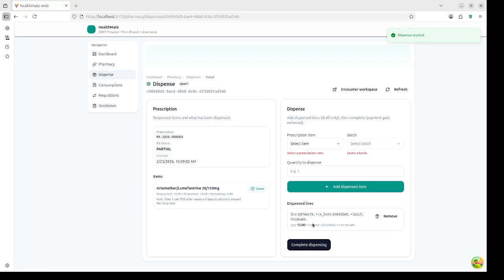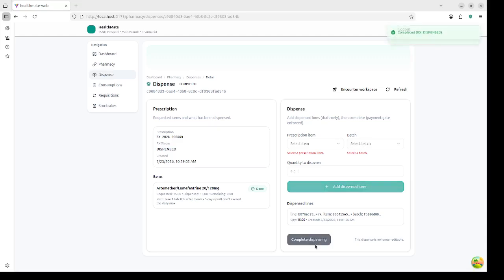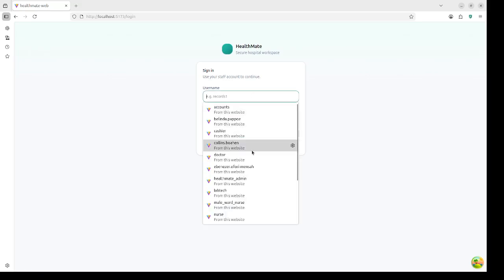Start dispensing, right? So now the dispense lines are here. I can then click on complete, and then the dispense has been completed, right? So the point is that if there is payment required, especially because this encounter is a cash encounter, then the patient has to obviously make payment before the transaction will go through successfully, right? So I'll log out and log in with the doctor's account